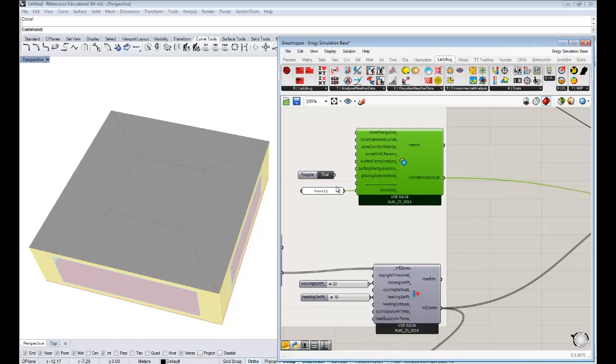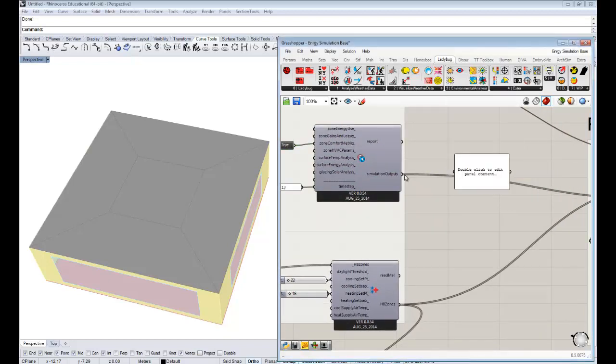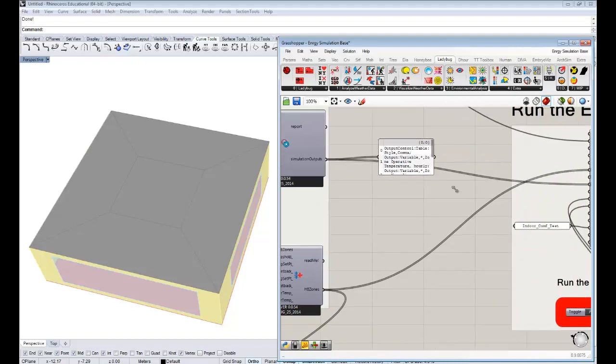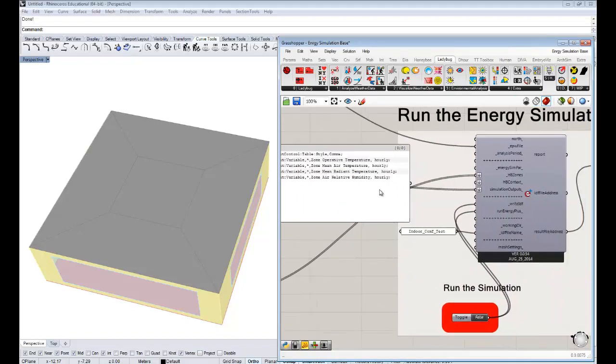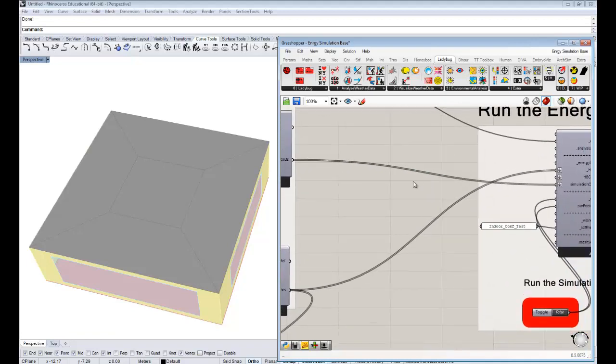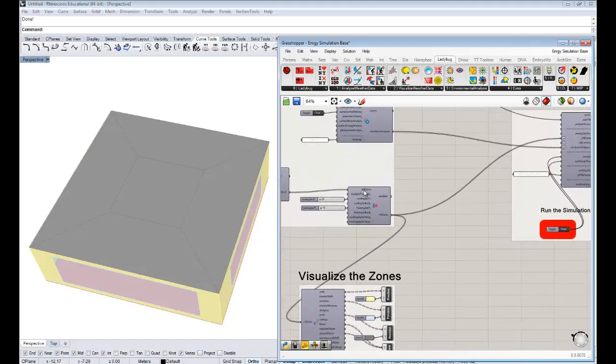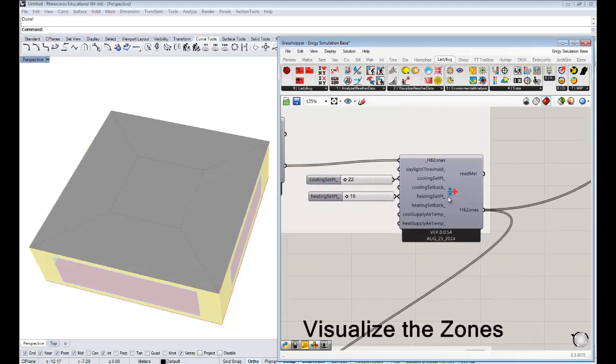We don't need that one. What you need to request are zone comfort metrics. So if you set that to true, this component is going to output the things that you need in order to run comfort analyses on your energy simulations. So you see it's doing operative temperature, air temperature, and these simulation outputs get plugged into the run energy simulation. And then there's one other thing I'll show you which is kind of important for this,